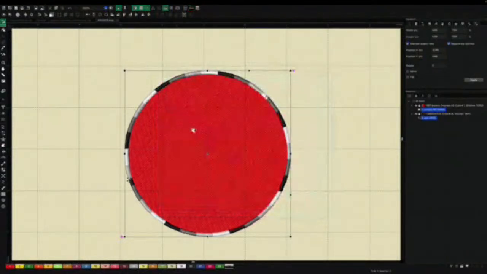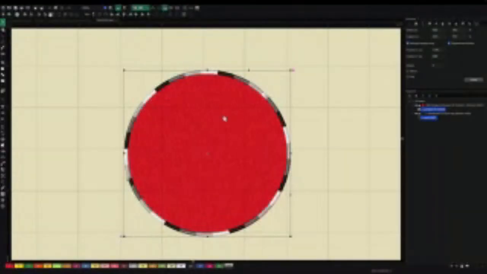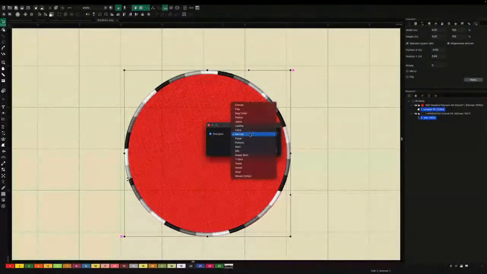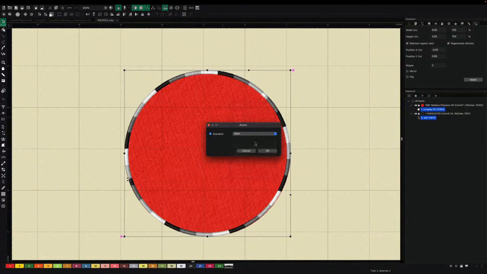So in this particular circle right here, if I wanted to adjust the push-pull compensation, I can just right-click, hit Utility, and change the style. So just by changing the style from a normal, which is like 0 pull comp, to, let's say, a satin,